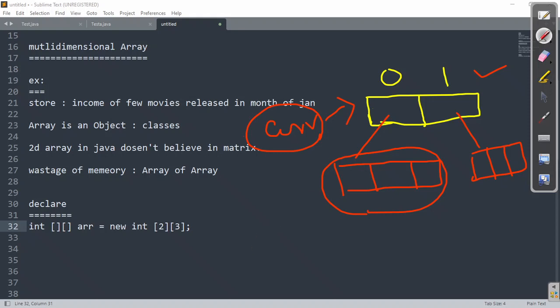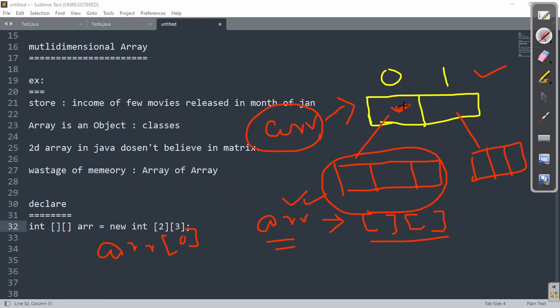From this diagram, one thing is clear. If I talk about ARR, definitely you will say, sir, this is a name for a double dimension array. If I ask you, can you please confirm what is the type of ARR? The type will be double dimension integer array. Clear? Now, if I am writing ARR of 0, immediately which cell?